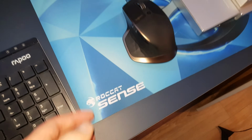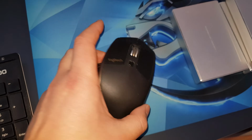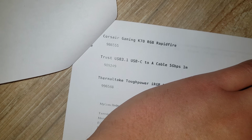Now here we can see my mouse mat, if you want to know. Logitech mouse, not a gaming mouse. Speaking of the keyboard, also not a gaming keyboard, but actually very simple. It only costs like 10 euros or something, and I can show you that actually in my original spec sheet. I had the Corsair Gaming rapid fire keyboard, but unfortunately,